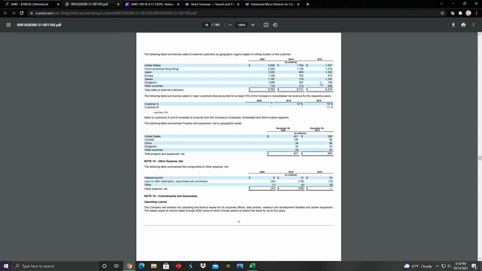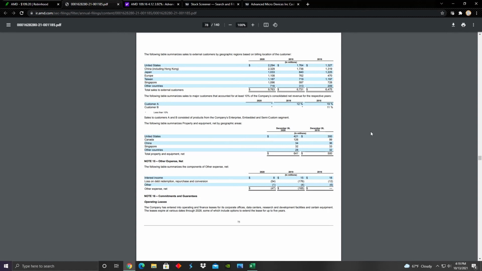It's a little interesting. Something that I like about AMD is how diversified they are in terms of where their customers are around the world. We can see that in the United States, of their total sales of $9.7 billion, they've sold about $2.2 billion in the United States, $2.3 billion in China. So they actually sell more in China than the United States, and certainly sell a lot more in foreign markets than they do in